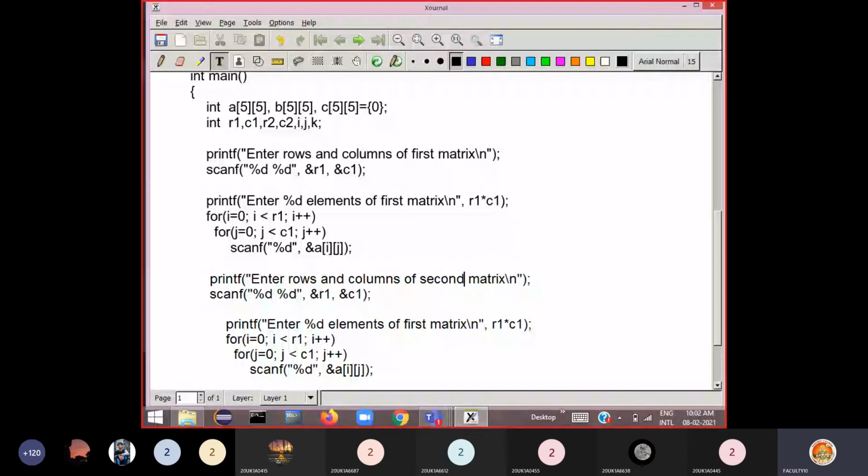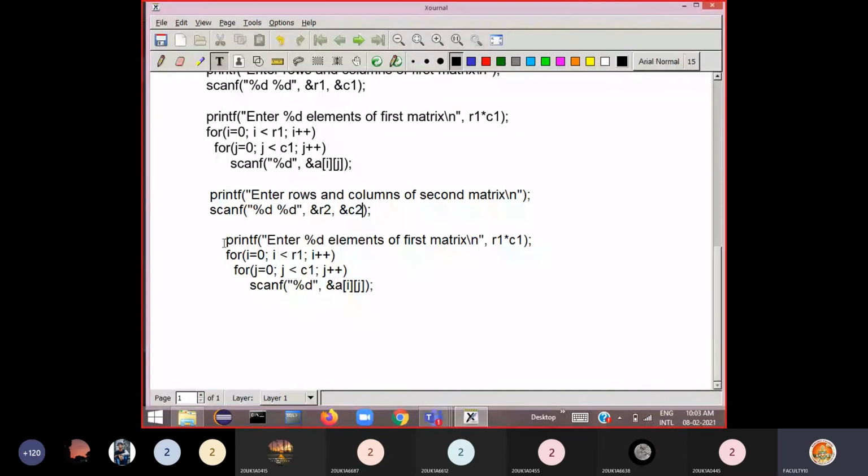So he enters two numbers, say 2 by 2 again, or 2 by 4. Where to store those rows and columns, in which variables? R2 and C2. Rows and columns we are storing in two variables called R2 and C2.